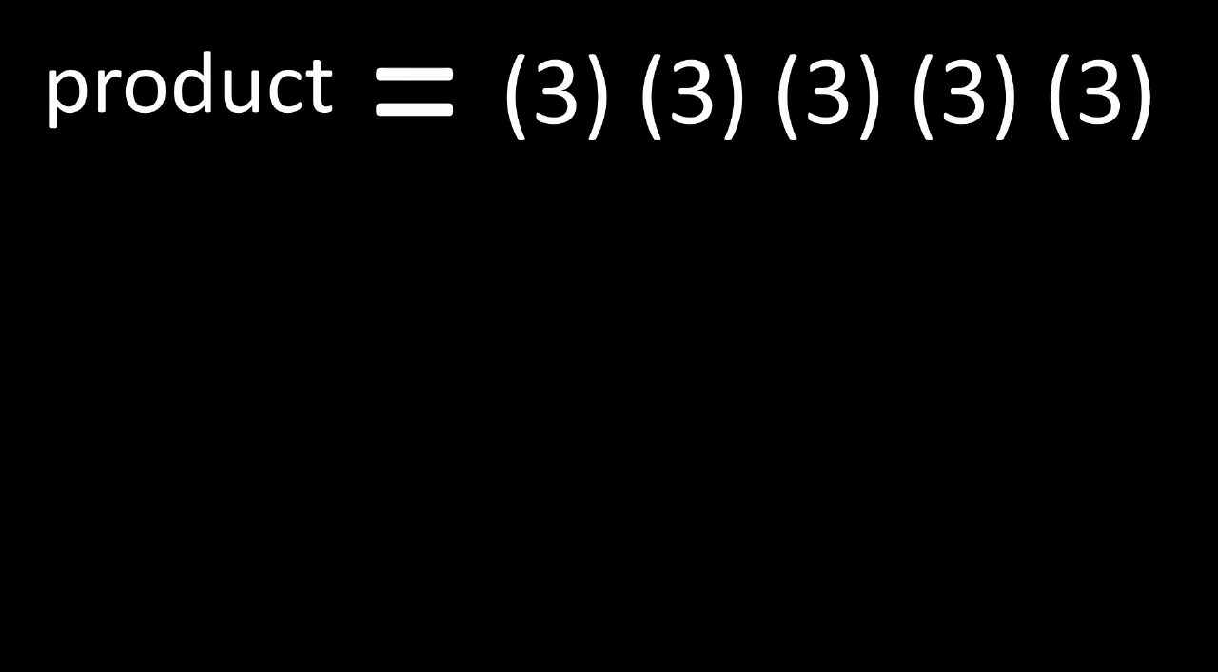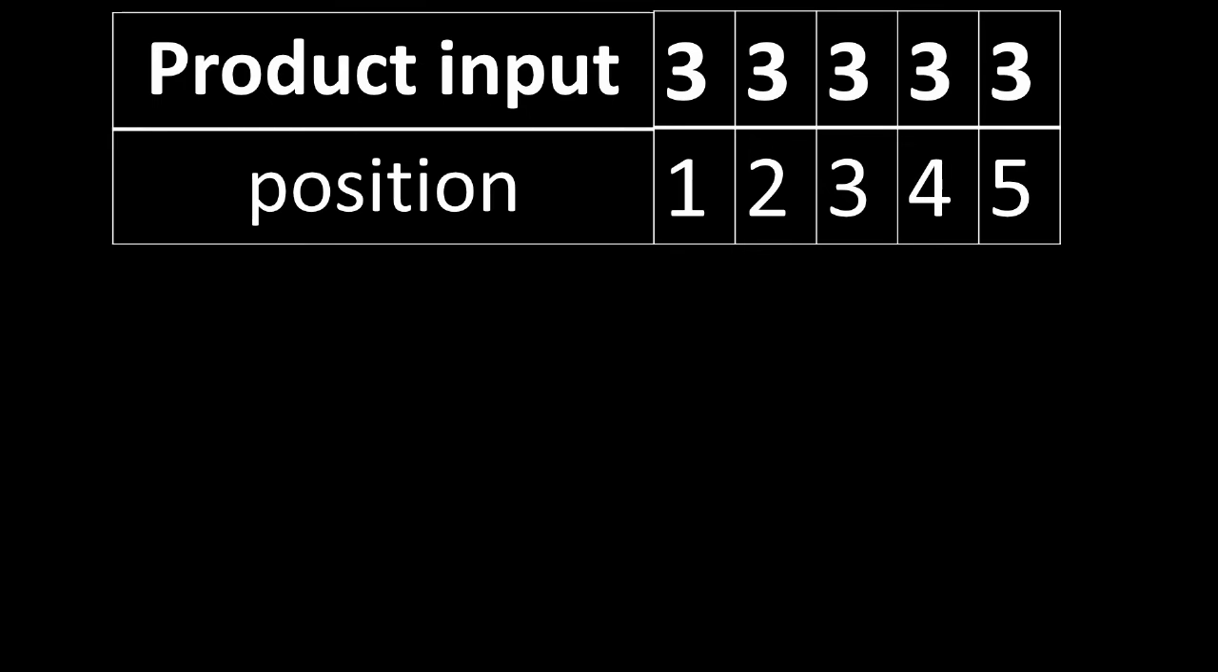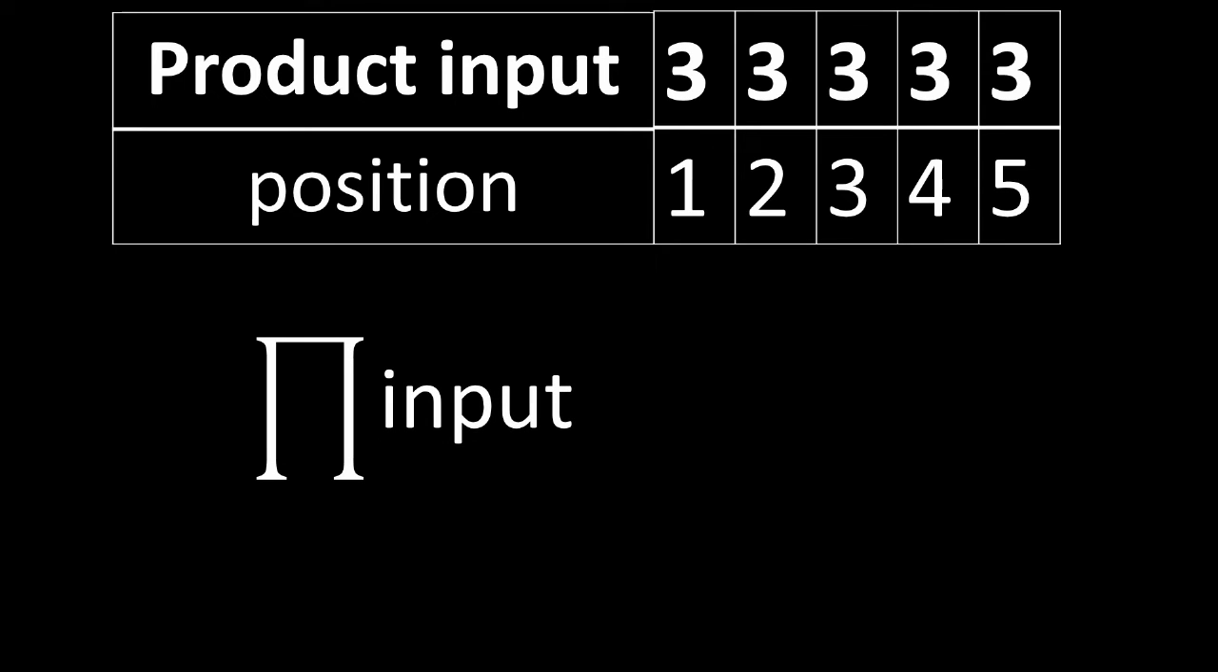So let's look at the first one, where we have a product of the same thing multiplied by itself some number of times. And that number of times is easier to look at in this table, where we have the product input and its position. So let's represent a product by using this pi symbol. This just means we're taking the product of some input. And we need to include in that